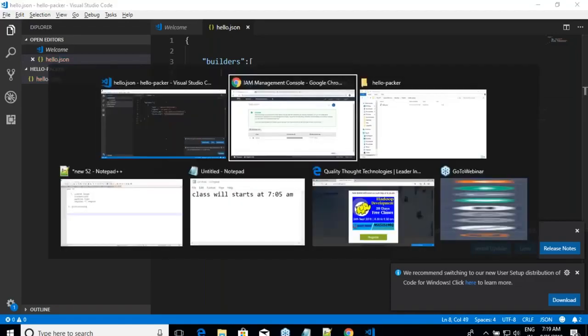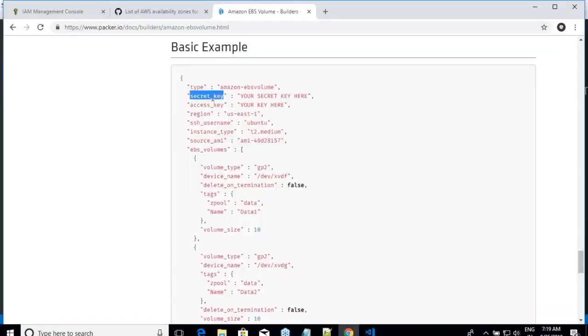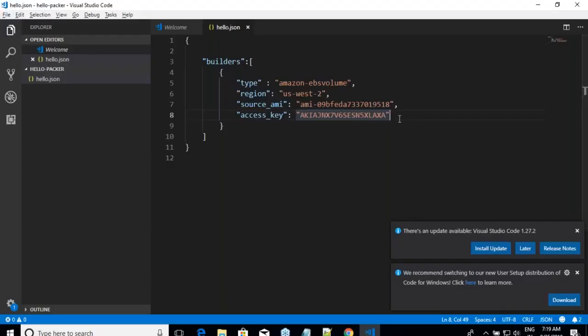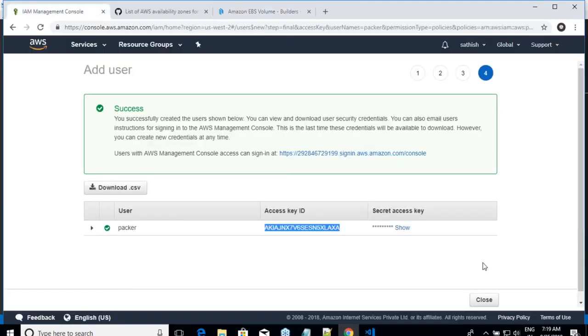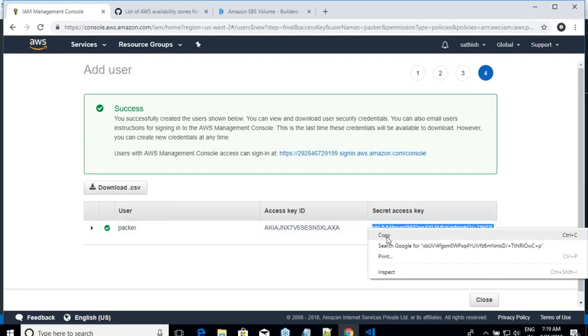Secret key. And what is my secret key? Just click on show over here. Copy this. Paste it over. Okay, fine.